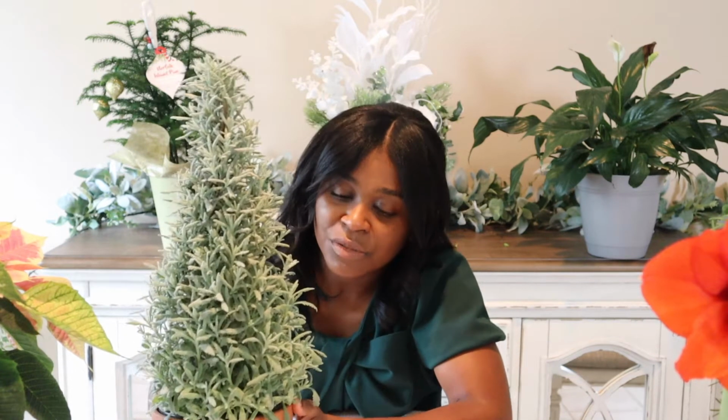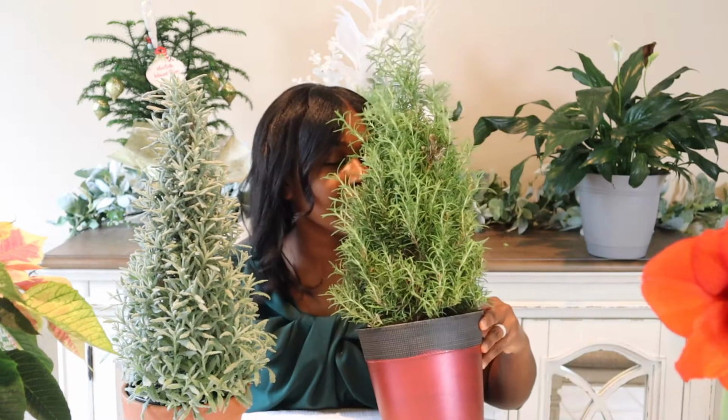So this one is adorable. You can place this inside in a bright sunny window. It can go outside. It does best outside. This is just one herb you can use to decorate at Christmas. The other one is the rosemary. Here it is, and